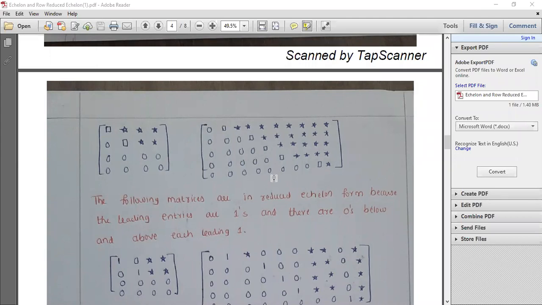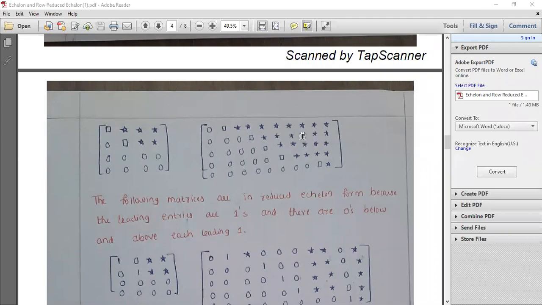This square and star and all. No, this star is for echelon form. This is in an echelon form. Whatever the leading entry, these squares I am talking about, it may be any number, like 4, 5, 6, only 0 should not be there. But the star may be any number including 0 for echelon form.